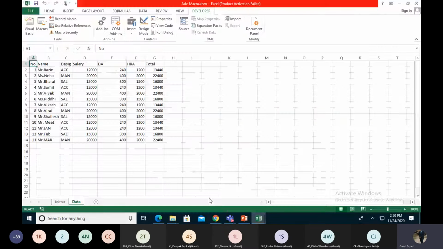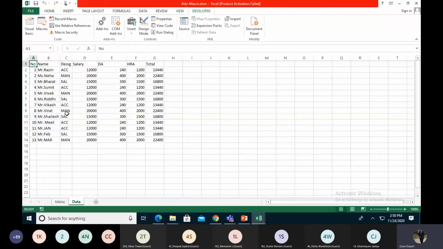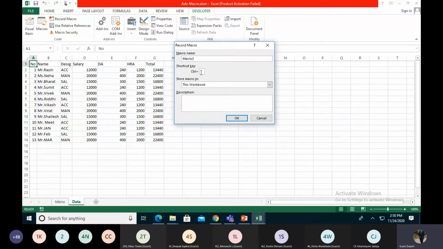So in this macro, when I run the whole macro, it ends on A1. Then I need a SUMIF function over here. I also want to get how much the accountant and manager total salary is in this data. So right now I'm creating another macro. I just click record macro because my A1 is already selected. After completion of this macro, A1 is selected. So I'm starting the macro again, record macro. I can give any key, so I just give the key E, and I write down SUMIF function.